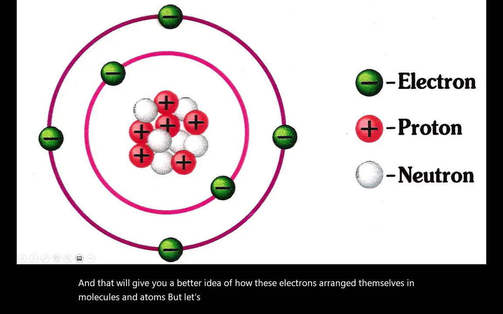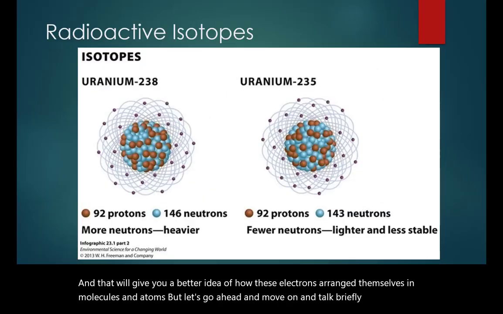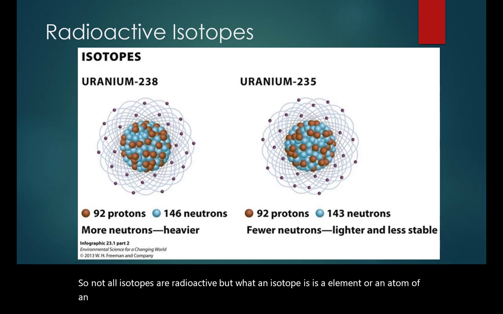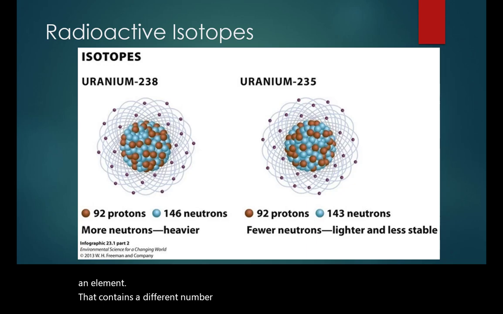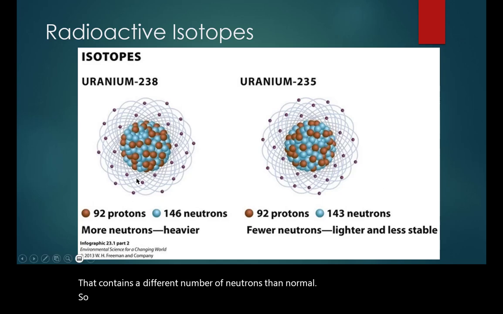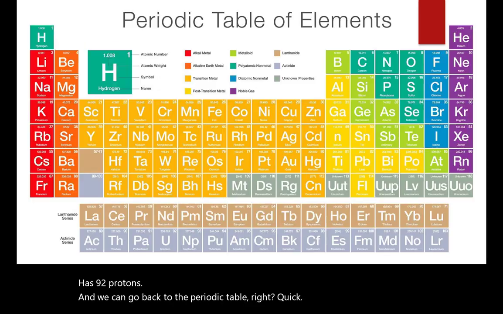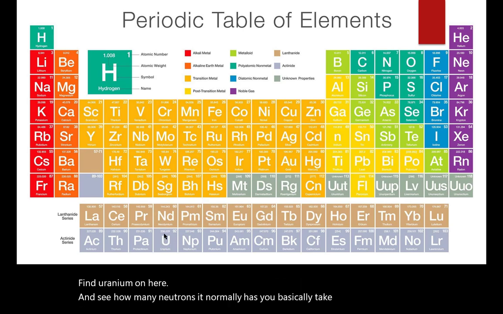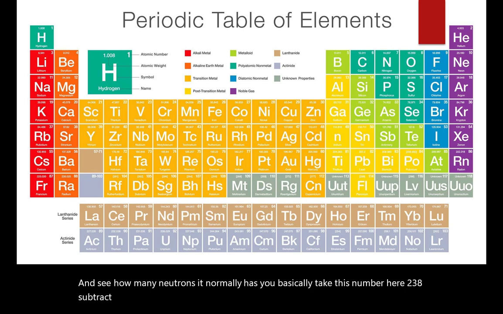But let's go ahead and move on and talk briefly about an isotope. Not all isotopes are radioactive, but an isotope is an atom of an element that contains a different number of neutrons than normal. Normally, a uranium atom has 92 protons, and we can go back to the periodic table, find uranium on here, and see how many neutrons it normally has. You basically take this number here, 238, subtract 92 from that, to